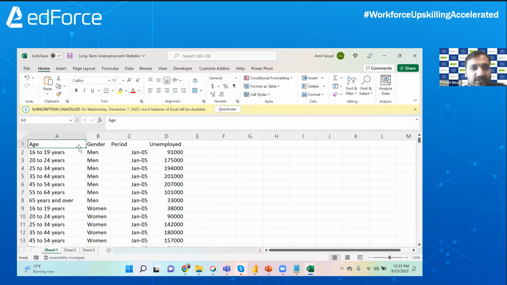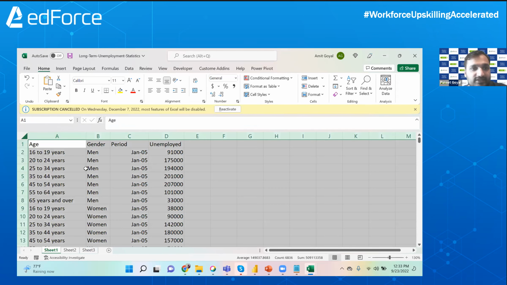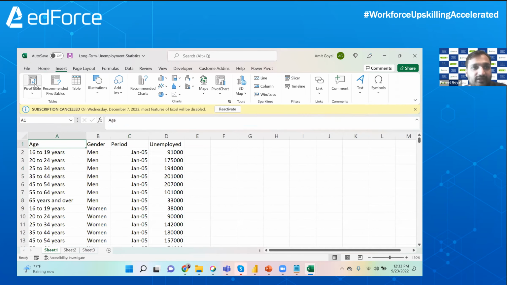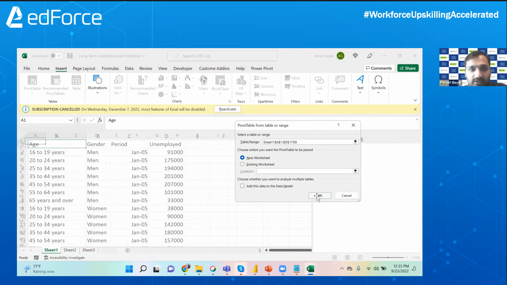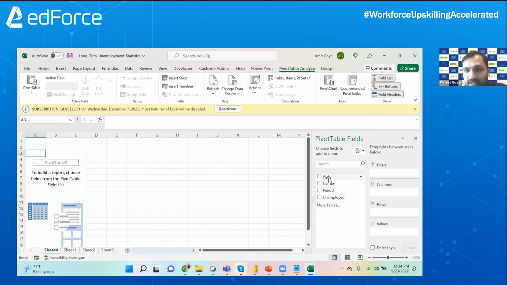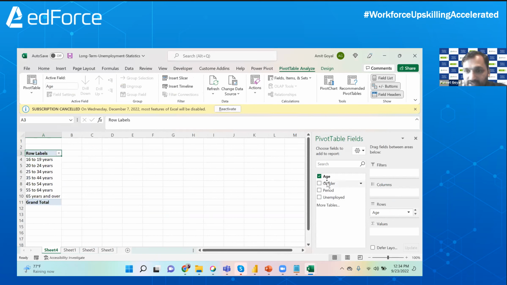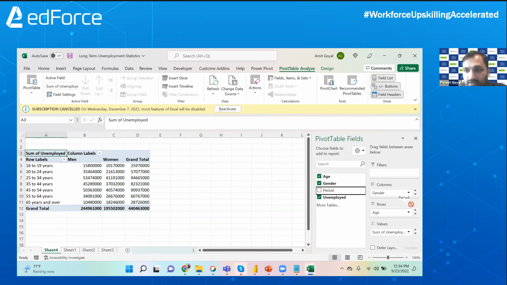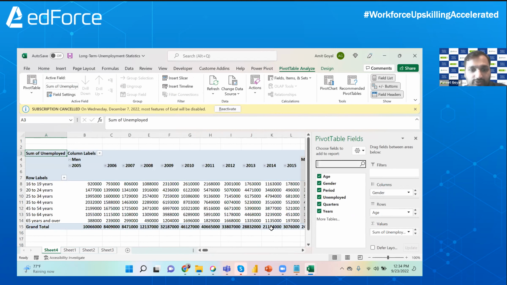Now, suppose you have this data which is in an elaborated form. What a lot of time we do is we create the pivot, correct? We say pivot table and create a new table where we can take the age on the rows, gender on the columns, and we can take unemployed on the values, and again take period on the columns. Right, now if I ask you,